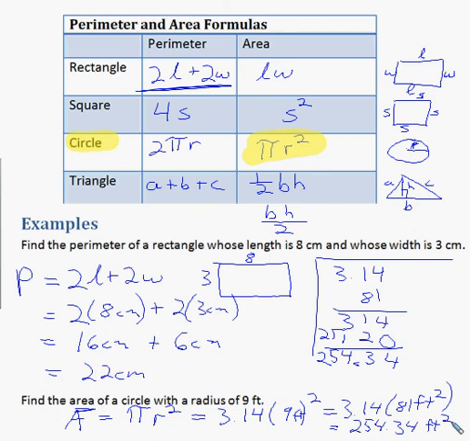So in this lesson, we looked at simplifying or evaluating algebraic expressions. So they had variables and numbers in there. And then using that concept, we were able to use formulas where we chose the right formula, plugged in the values, and then we were able to find what we were